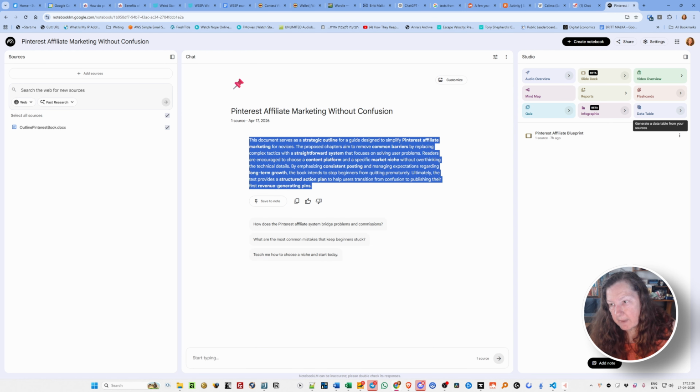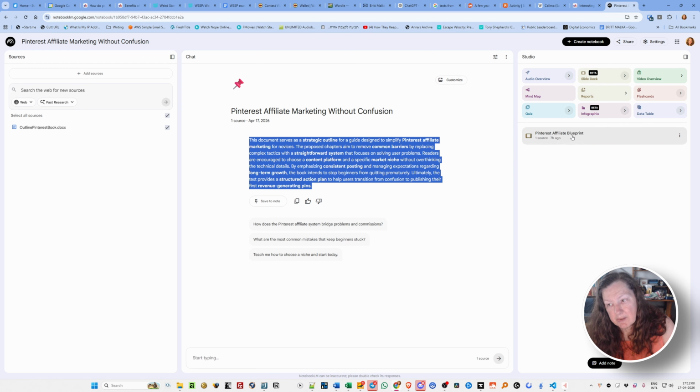And then over here to the right, you can order different things. I like the slide deck, for example, because it gives me those images I can use. And you can use them also for social media and everything you would normally use images for. And another one I have used is the reports. So it can also create a short report for you. But I've only used that a couple of times. The one I normally use is a slide deck.